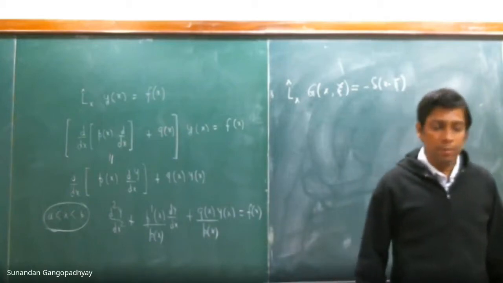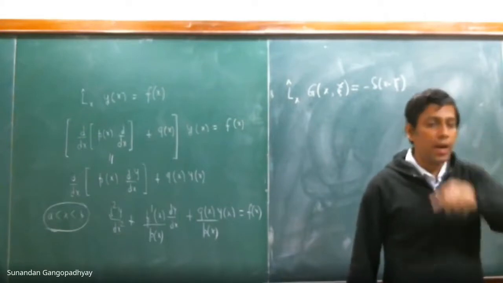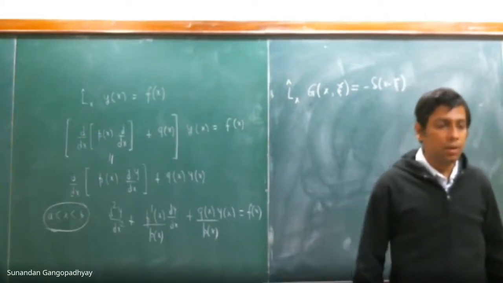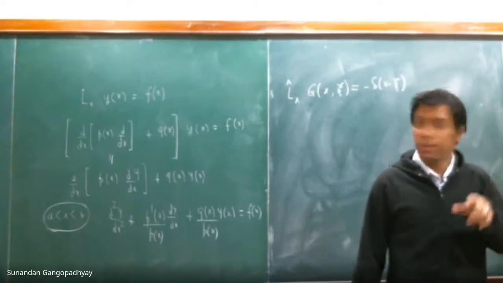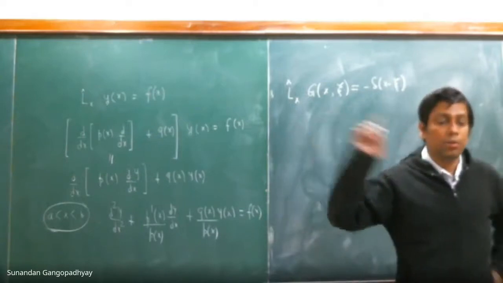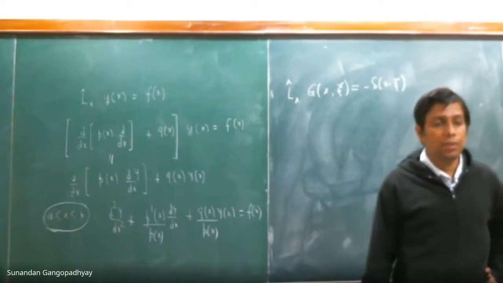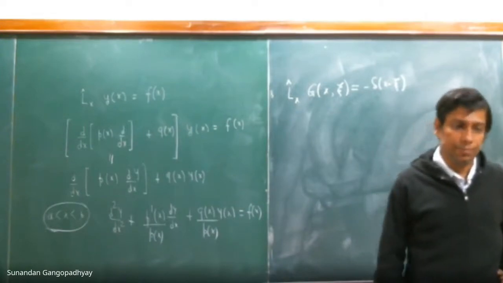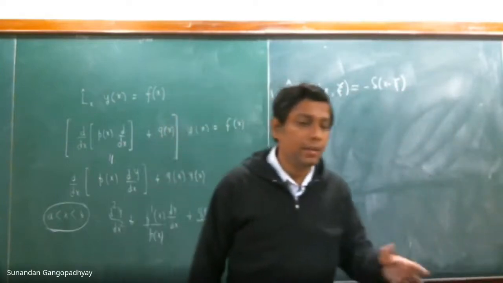Poisson's equation, where grad square phi is equal to rho by epsilon naught. Now you can define a Green's function there, that is grad square acting on this Green's function g is equal to a delta function, and you can calculate the form of the Green's function, and that Green's function will come out to be 1 by r. Okay, so grad square of 1 by r you must have evaluated in your vector analysis course. It gives you a delta function.